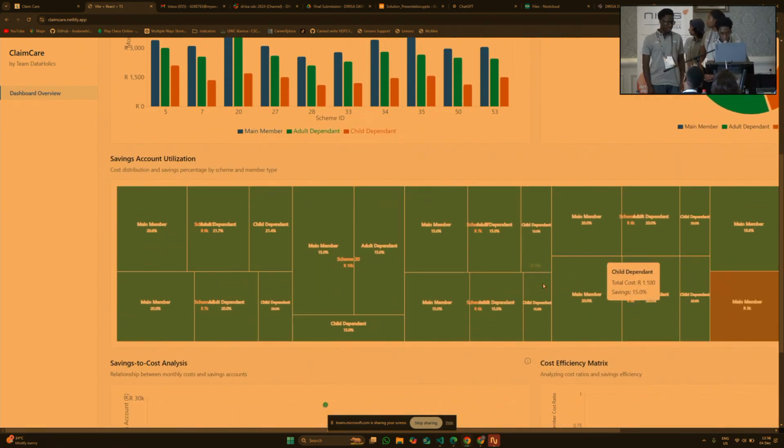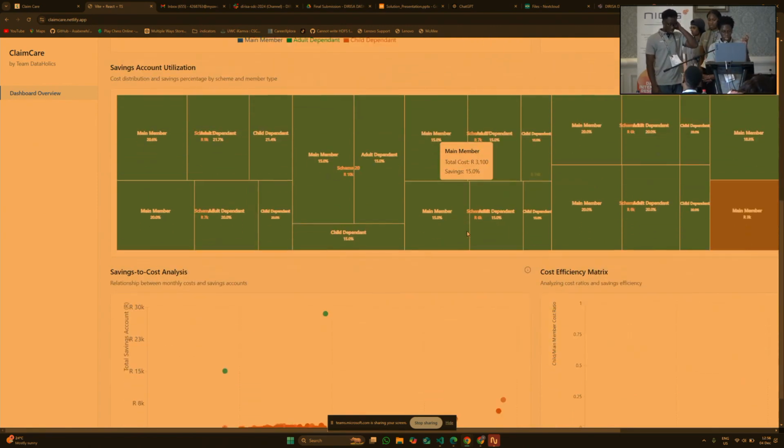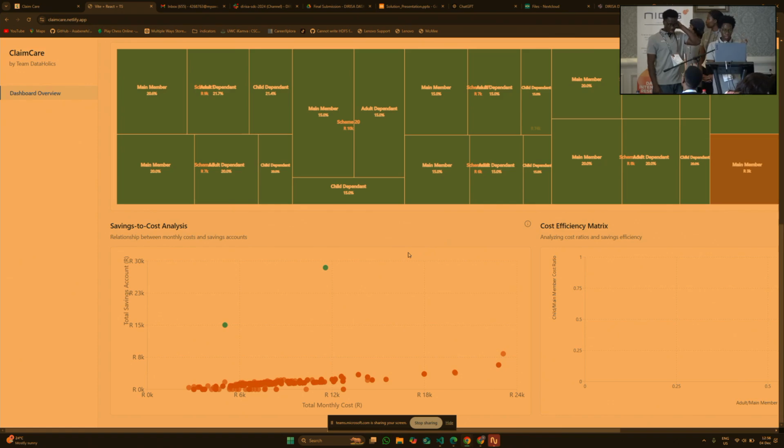And for this one, we won't get into much because it's too much financial statistics, so due to time, I won't go through that. But then we have shown a coefficient matrix showing how identifying this treatment and the scheme ID shows how cost effective this will help us. So improving